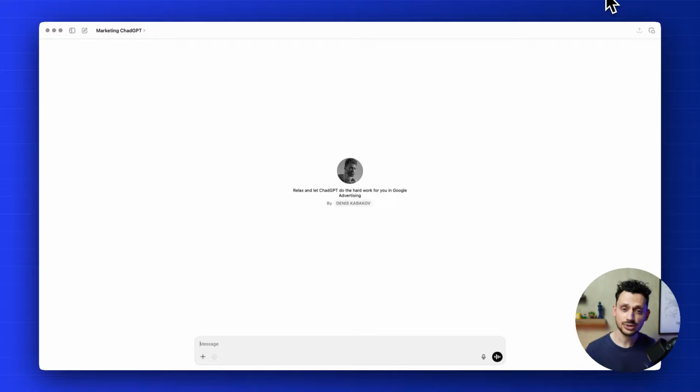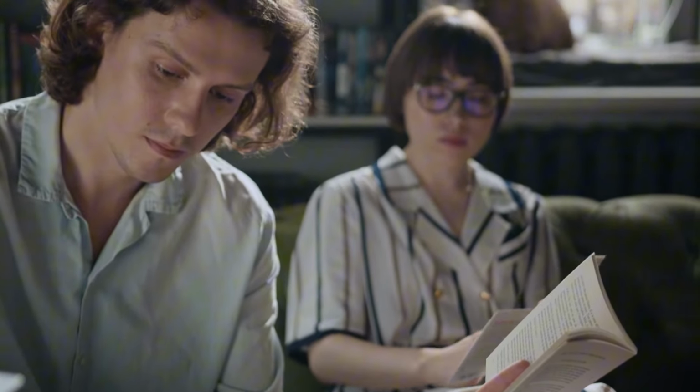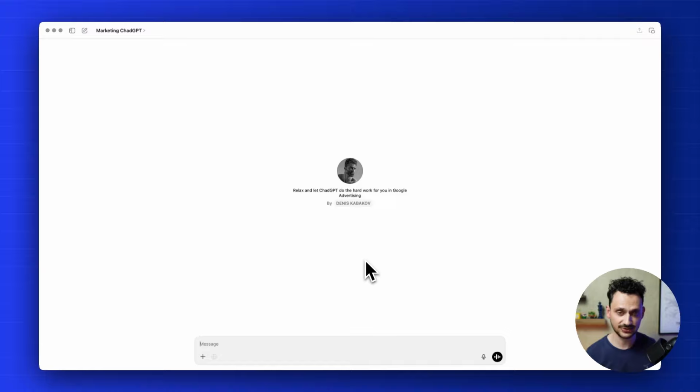Alright, first up, I don't know about you, but I'm tired of digging through endless Google support articles whenever they change something, which is like every other week, right? So first of all, I want to use this tool in order to get all the information that I need without going through endless pages of documentation. So first of all, I want to ask a specific question related to my online course promotion. I have my course, I'm promoting it online, and I would like to use this ChatGPT tool to help me with it. So first of all, let's type, "Hey, Chat,